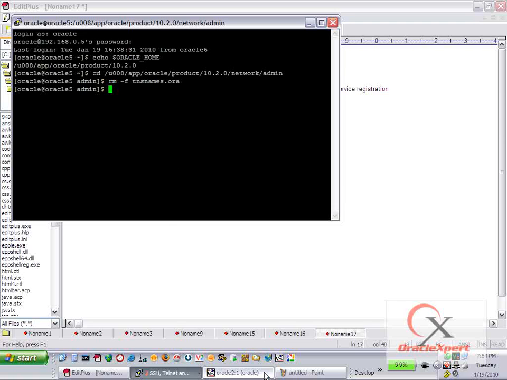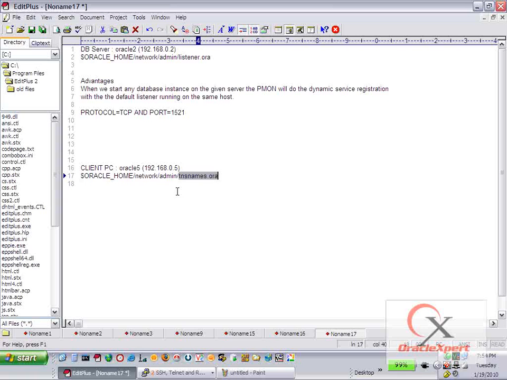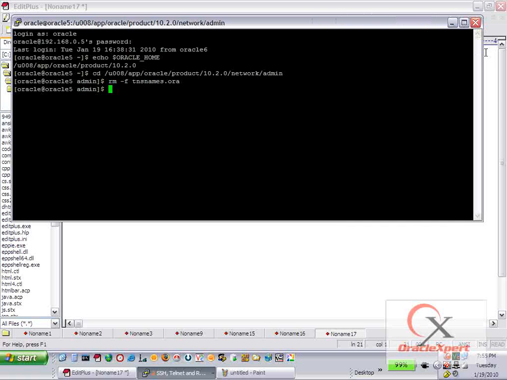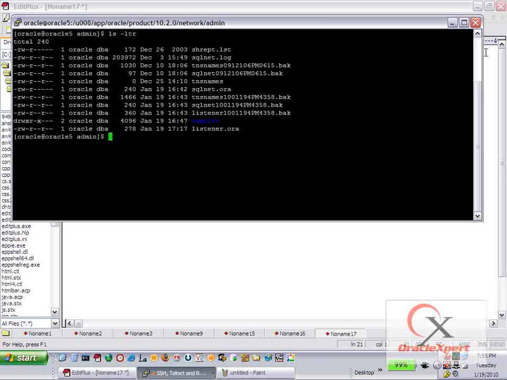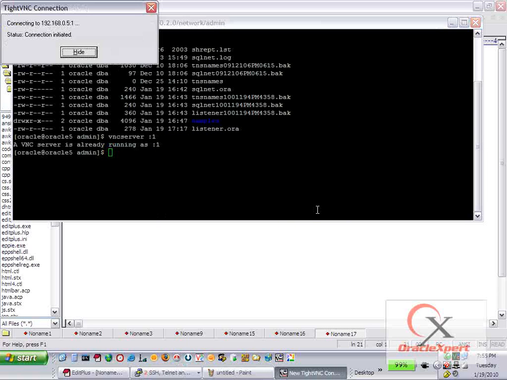Now as with the listener, configuring tnsnames.ora is done using the netmgr utility. So I will invoke a VNC session on 192.168.0.5, and then we will invoke netmgr to create tnsnames.ora on the client side. Now that I have deleted this file, we no longer have any tnsnames.ora here. So let's configure one. To configure one, I must invoke netmgr, which requires a GUI. So I will start a VNC session. I go to that particular box,